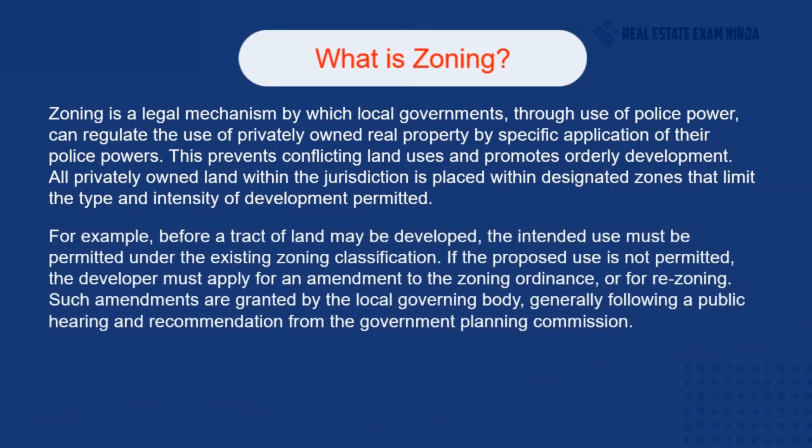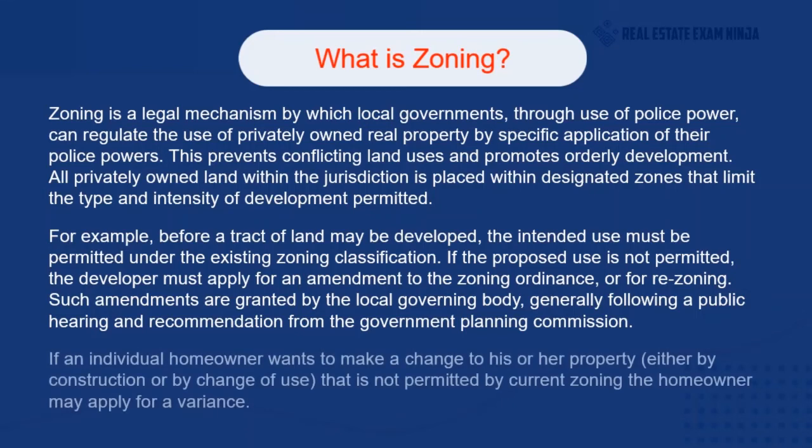For example, before a tract of land may be developed, the intended use must be permitted under the existing zoning classification. If the proposed use is not permitted, the developer must apply for an amendment to the zoning ordinance or for rezoning. Such amendments are granted by the local governing body, generally following a public hearing and recommendation from